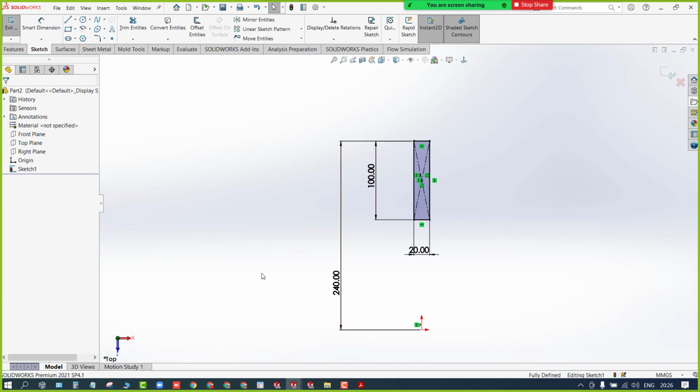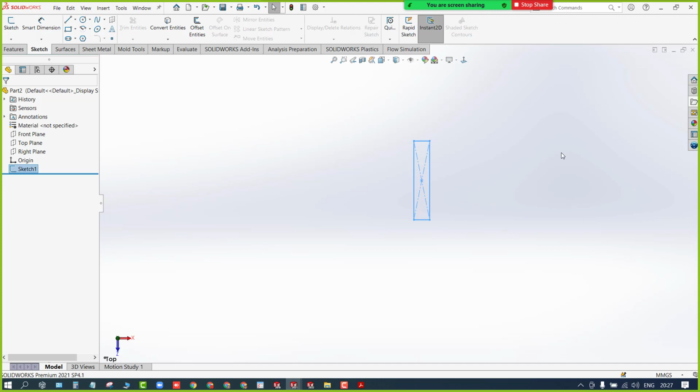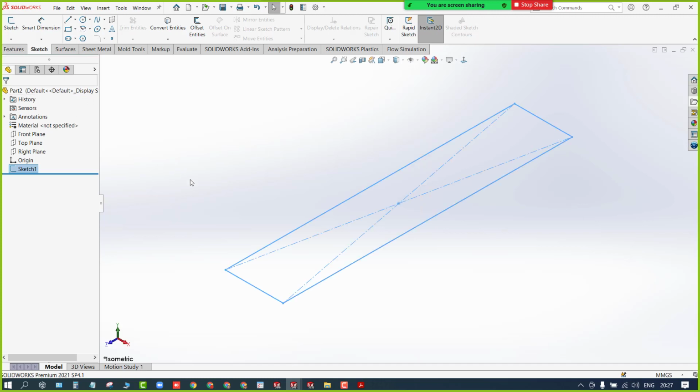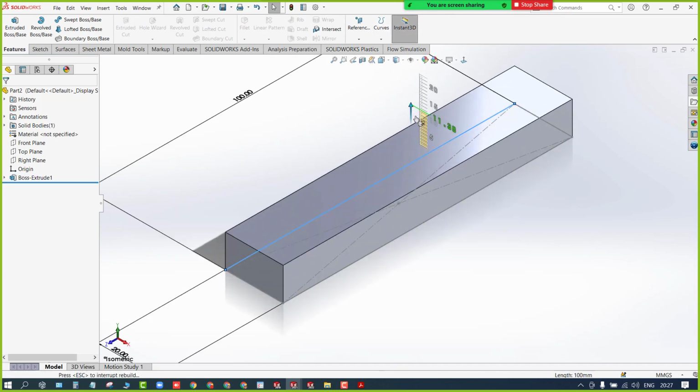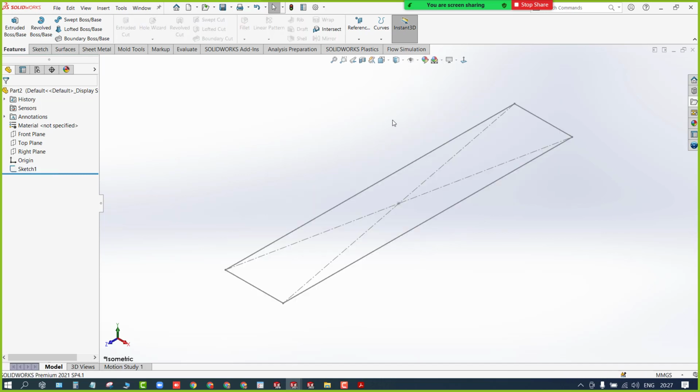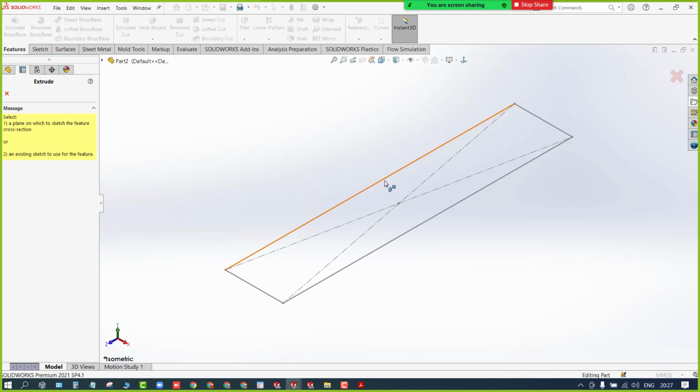Okay, once you're done with this, you can exit the workbench. See, for inserting and exiting the workbench, it's the same key, that is Q. So it's going to work as both. You can edit the sketch, you can create a new sketch, and you can exit the workbench once everything is done. Press Q. Isometric view, and now you can switch to the features. We have the 3D instant. If I simply click on this icon, you can drag it out to create a 3D feature, but I don't want this. I'll press Ctrl Z, I'll switch to extrude, I'll select the sketch.